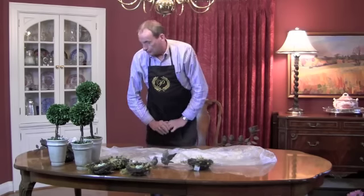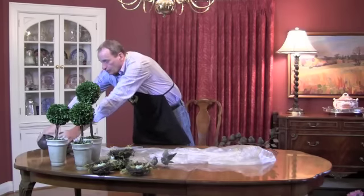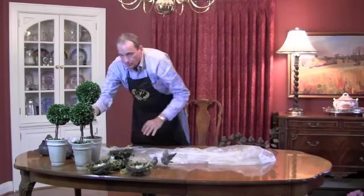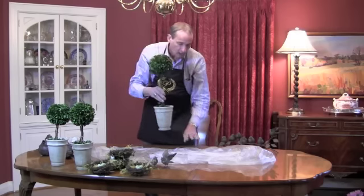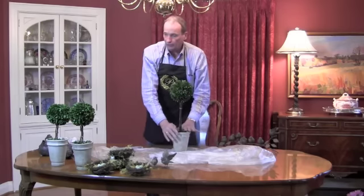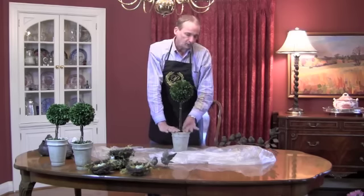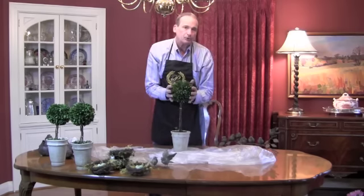In this case, we're going to use it on the dining table. So what we're going to do is start with these beautiful boxwood topiaries. This is another thing. These are one of our most popular items all through the year. We use these at Christmas and summer. You know, these are the naturally preserved